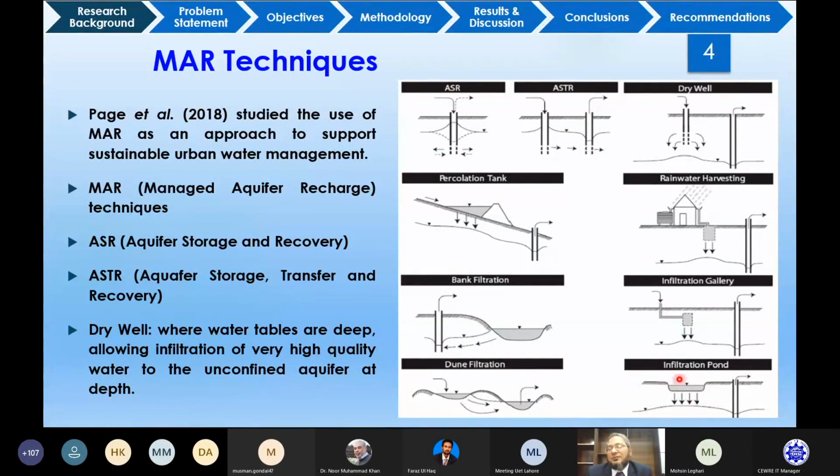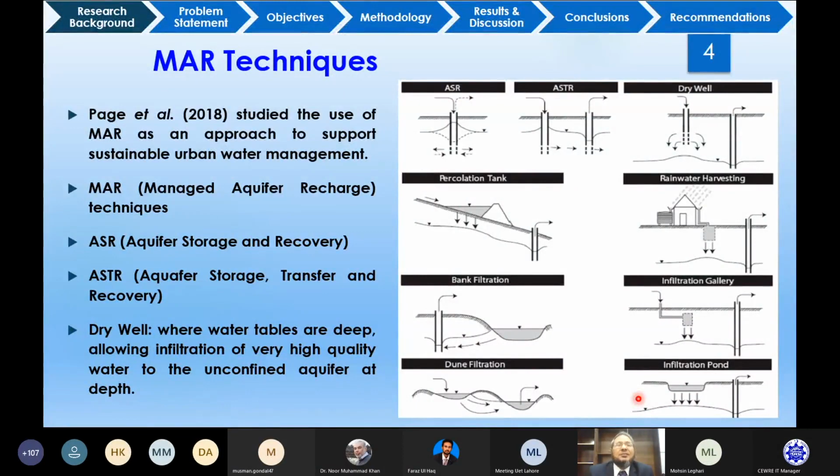The surface runoff can go to these ponds, and then the water can infiltrate and seep and raise the water table. And I think this one is the cheapest and the most efficient of the MAR techniques to